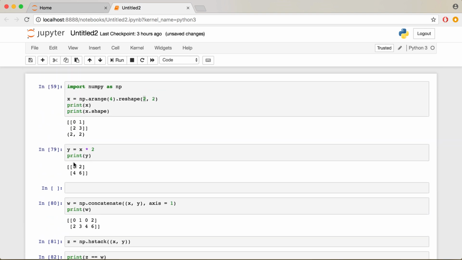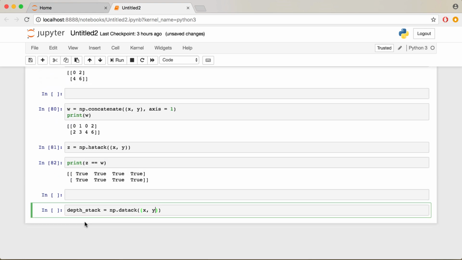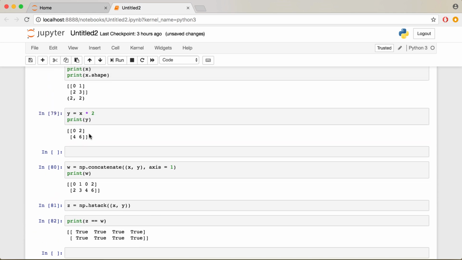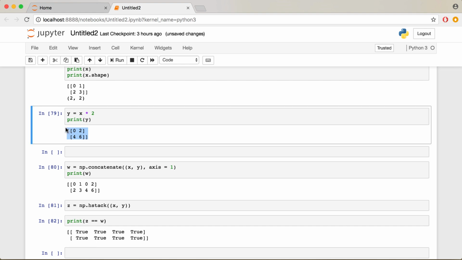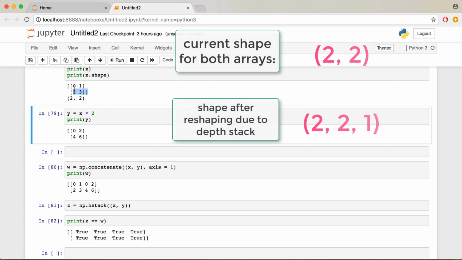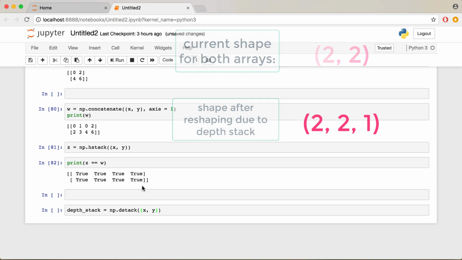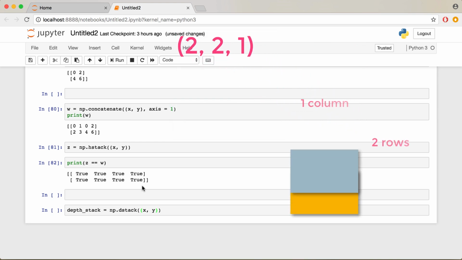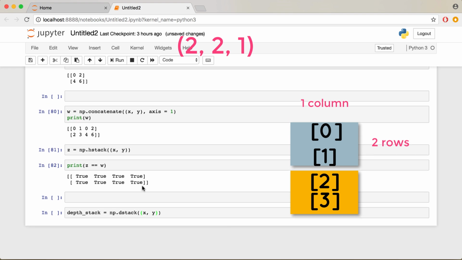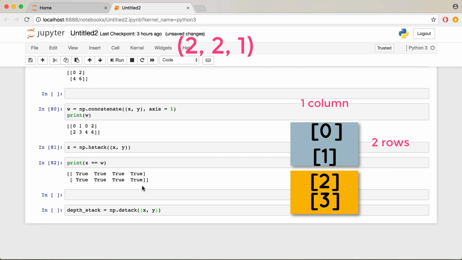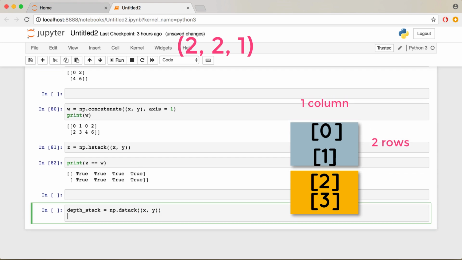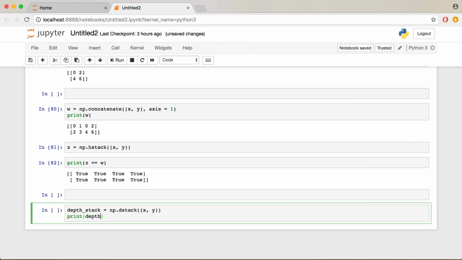Since both of these arrays are two-dimensional, and due to the fact that depth stacking stacks along the third dimension, which we don't have, what it will do is it will first reshape both of these arrays by inserting a third dimension of size 1. If we go back to our building analogy, both arrays would now have 2 floors, each floor with 2 rooms, organized in 2 rows and 1 column. If we print depth stack,